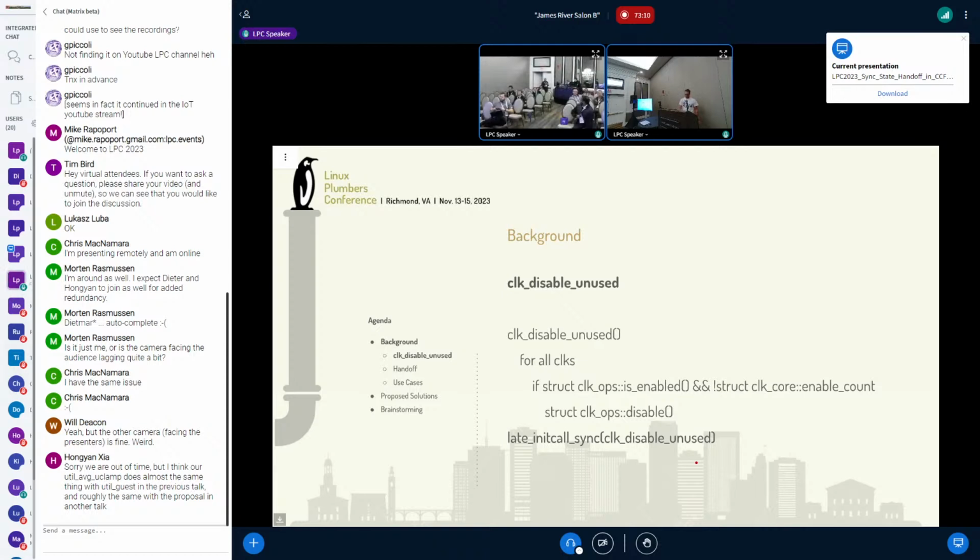And we do this at late init call sync, because we want to make sure it runs after all the deferred probing happens. But I found out like two weeks ago that that's not even true. It runs in parallel to deferred probe and also to async probe happening. So it's basically completely broken and does not work in any way. I usually get emails from people every year or two saying, hey, I want to fix this, and I'm like, great, please do, because it doesn't work. And we just leave this code in the kernel and it's still there. It just disables stuff all the time, which is really fun and causes lots of problems.